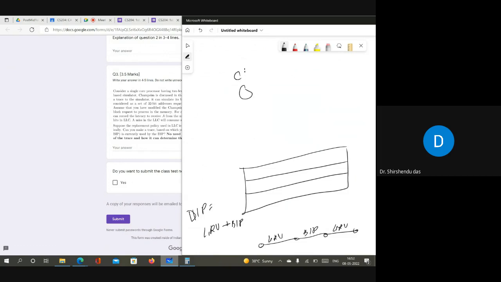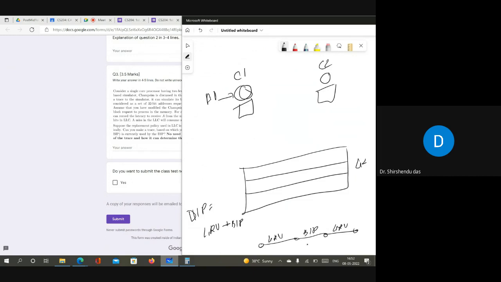But suppose this is the core C1, this is the core C2, they have their own L1 cache. Okay, this is the shared L2 cache. Now there is an application running in this core. Suppose C1 is running an application A1. Suppose I am the writer of this application, A1.c. I have written it. As a user of this processor, directly it is not possible to know that at